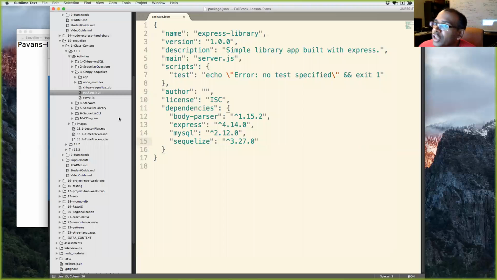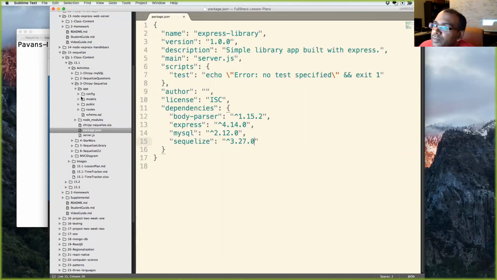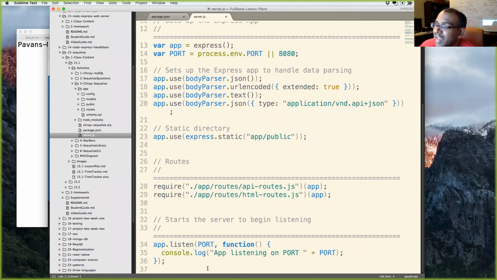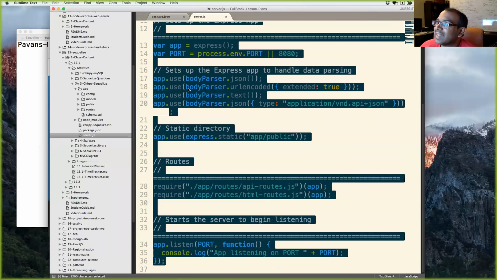Going back over here, this is the same application we just went over before, except we're using Sequelize. If I open up app.js, server.js, it's basically the same exact server.js file, but if we open up app, we have a models folder.